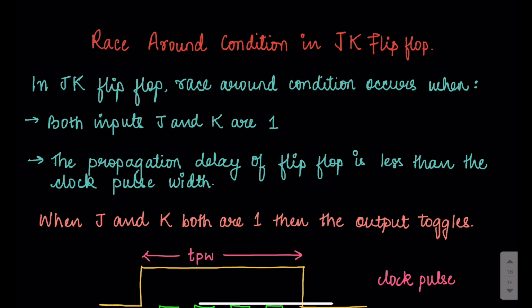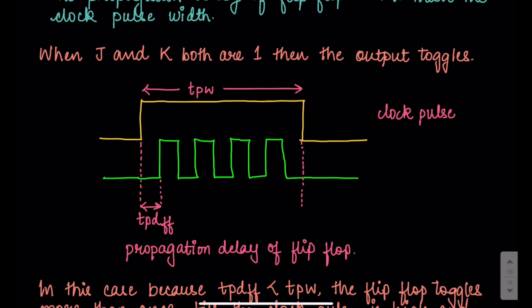So let's begin. Well, race around condition occurs when the inputs to the JK flip-flop are both J and K equal to 1, and along with this the propagation delay of the flip-flop, that is the time the flip-flop takes to give you the output, is less than the width of the clock pulse, that is the duration for which the clock is high. So to understand, first let us recall that when J and K is equal to 1,